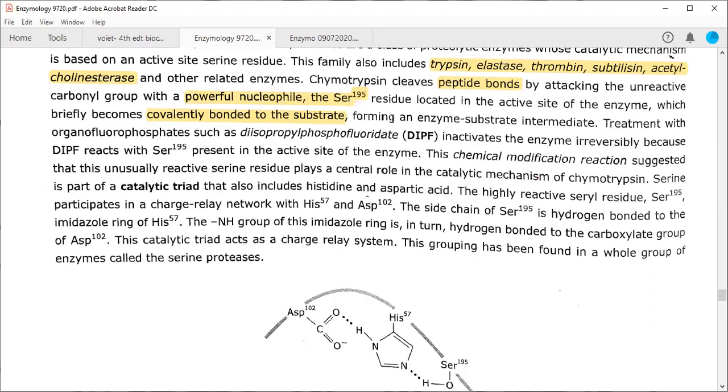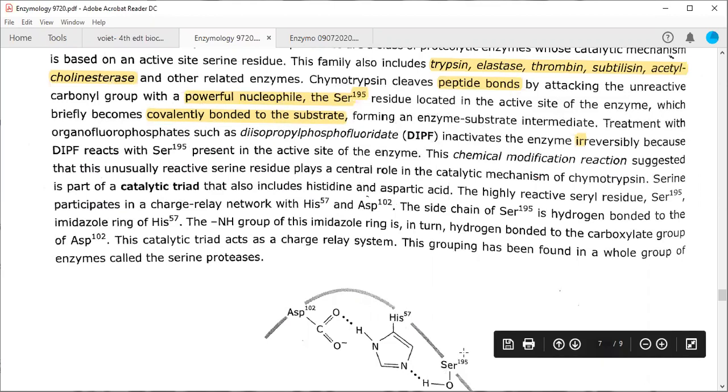Therefore, it comes under covalent catalysis, forming an enzyme-substrate intermediate. Treatment with an inhibitor called DIPF, diisopropyl phosphofluoride, is going to inactivate this irreversibly. So a direct question can also be asked from this. What kind of inhibitor is this? This is irreversible inhibition. Because it will interact with this serine 195, it will make a covalent bond and this